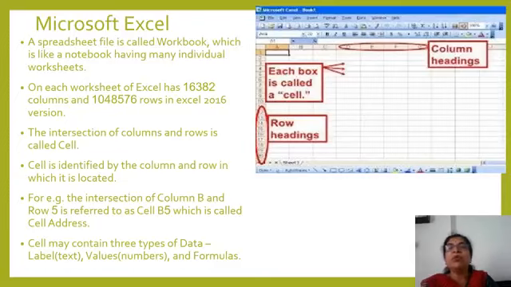Now see, row numbers are given as numbers and column numbers are given as alphabets. It starts from A up to Z and then starts AA, AB, AC, keeping the alphabet A common; like that it gives the column names. Each box is called a cell. Each rectangle here which is formed by the intersection is called a cell.